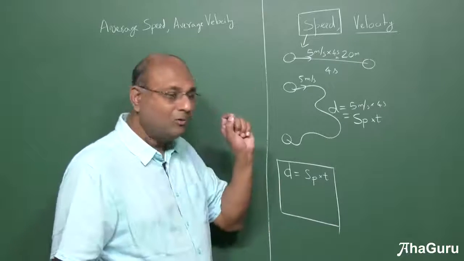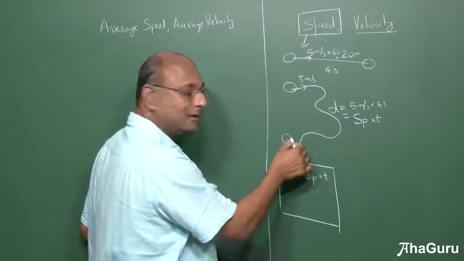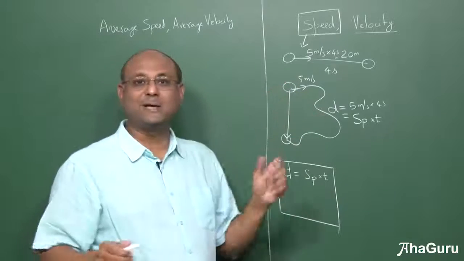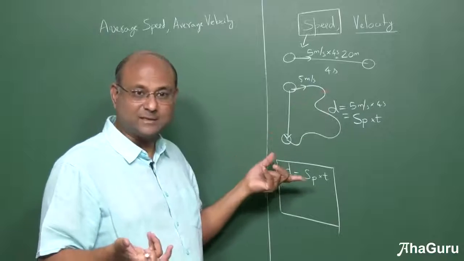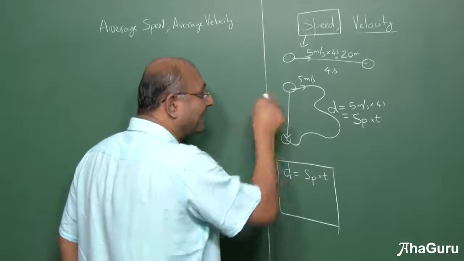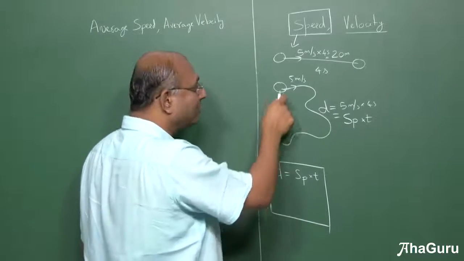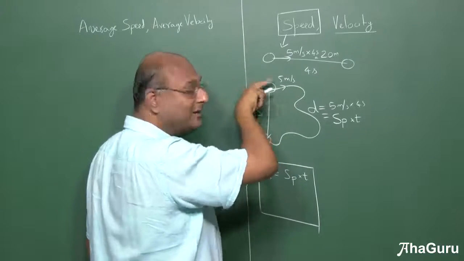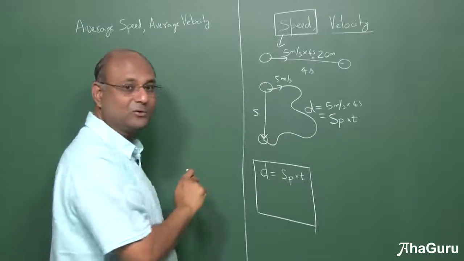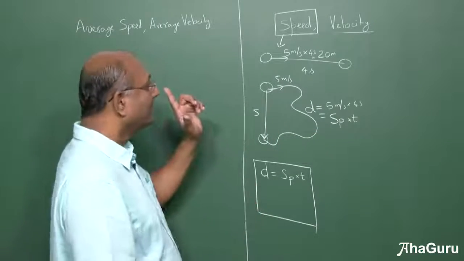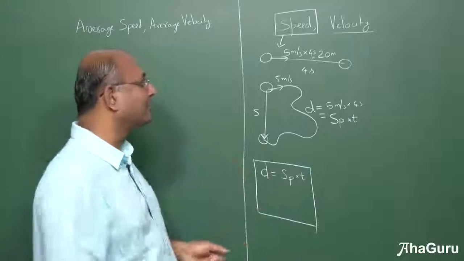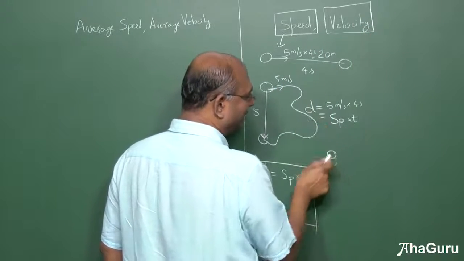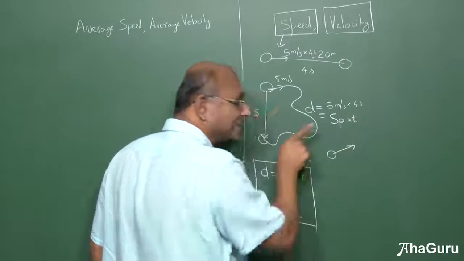Right? Now look at this fellow. This fellow went like that. This fellow's displacement is this. Is this displacement bigger or the distance bigger? Which is more? Distance is more, right? So displacement here is less than the distance. Okay. So we will come back to this idea later, but the basic idea is the fact that you have a speed does not mean the distance is equal to displacement. It is not. Okay. But we are going to now talk about a new concept, a different concept, which is velocity. You've probably already learnt about this. But if you take a velocity, we are talking about speed with direction.